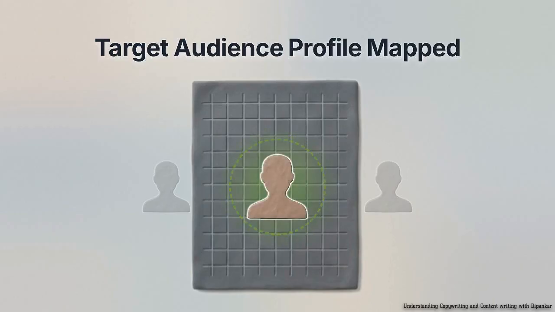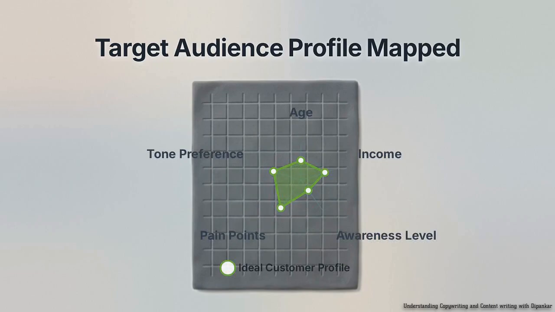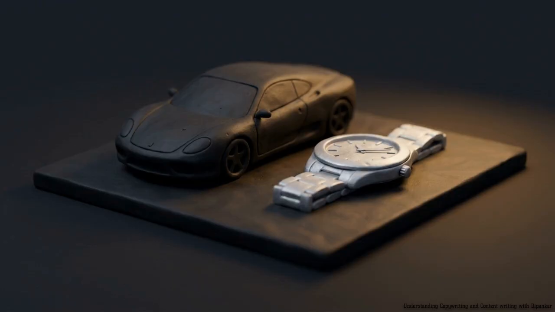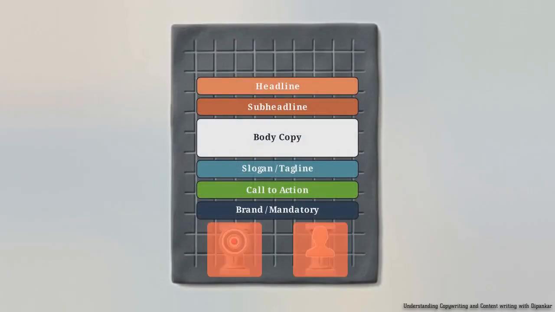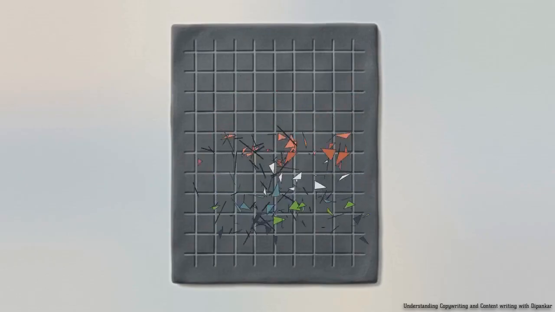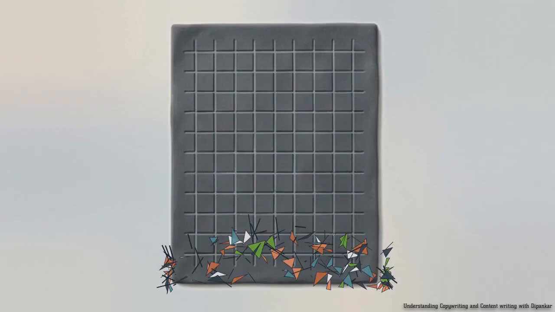With your goal locked in, step 2 is mapping your target audience. You have to understand their specific pain points and gauge how much they already know about your solution. If you are selling luxury, your tone needs to be aspirational and focused on exclusivity. But if you are talking to a utility seeker, you need to drop the flair and use direct, benefit-led language focused on efficiency and price. If you skip these foundational steps, you end up writing to everyone and appealing to no one, causing the psychological structure of your ad to collapse before it even begins.